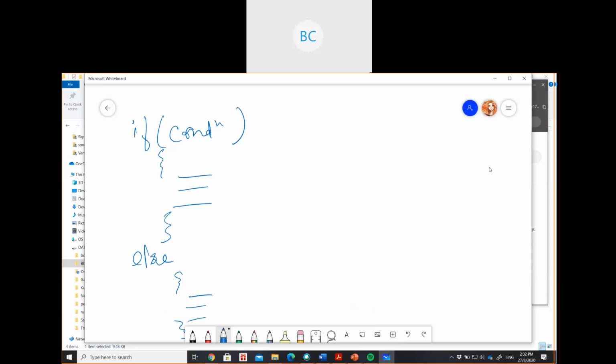In the morning session I gave the example of O(n) and O(n) square. Just think that for this if part, the time complexity is O(n), and for this else part, the complexity is n square. So when will it be O(n)?